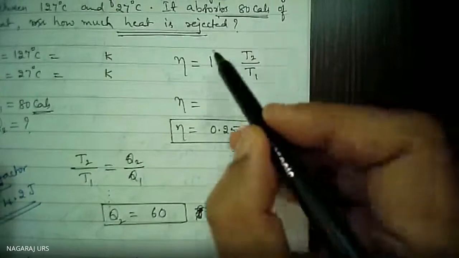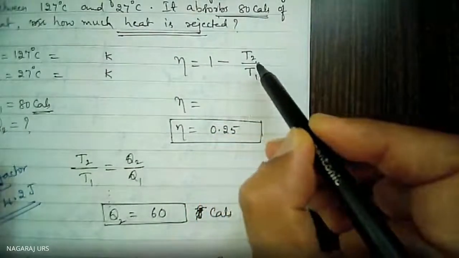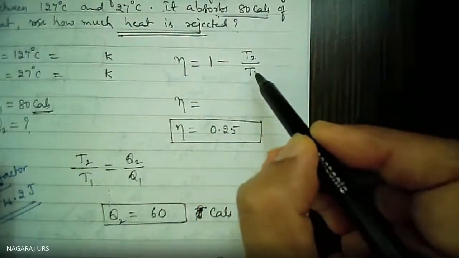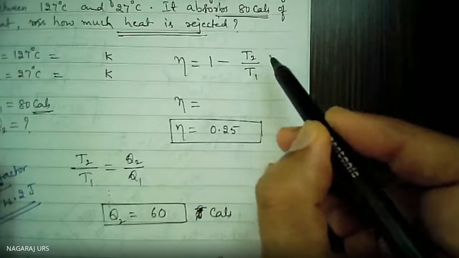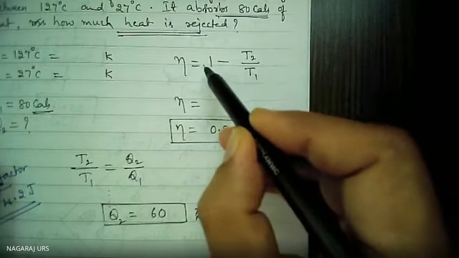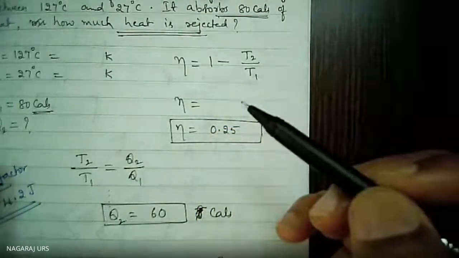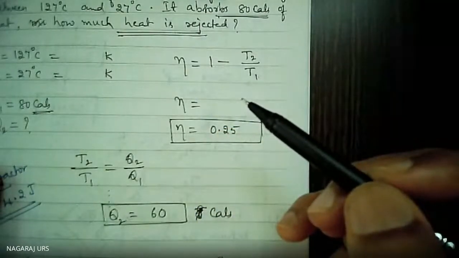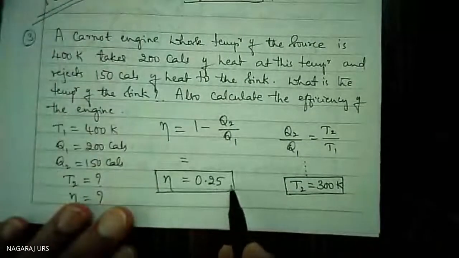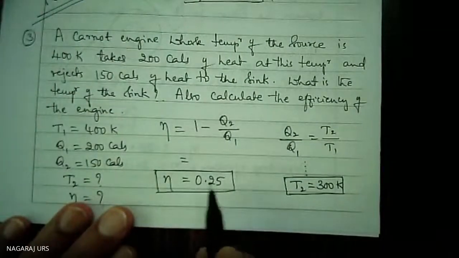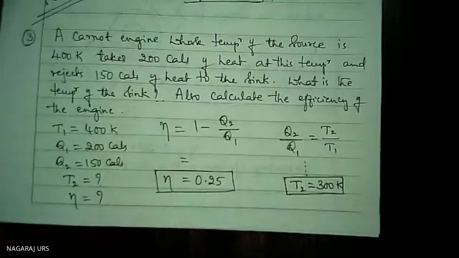Kevin, see here. This is the formula now. Kelvin divided by Kelvin, is it not cancelled? The unit is going to get cancelled. Therefore, eta does not have any unit. So don't write any unit here. Here you have to think and answer. Okay, that's right. Write the next question then.